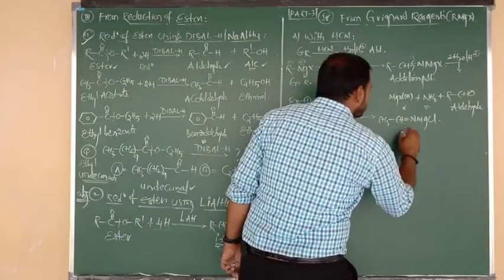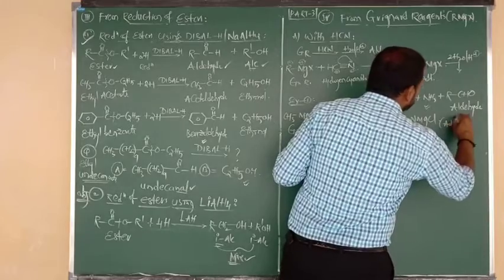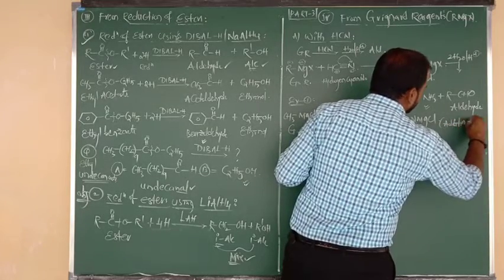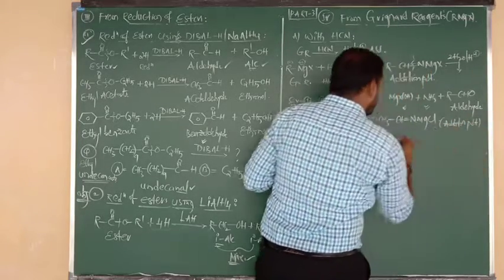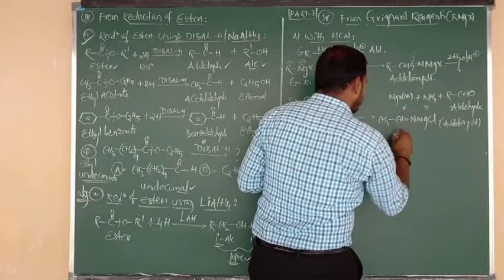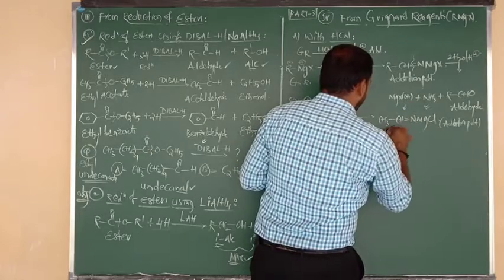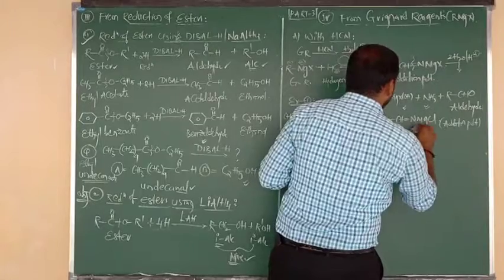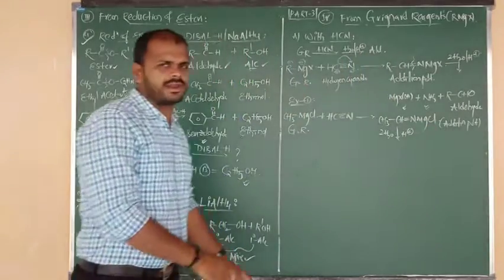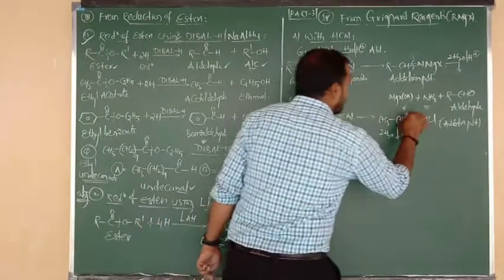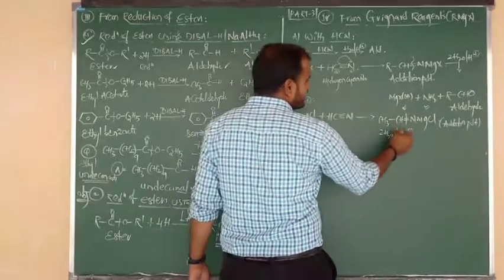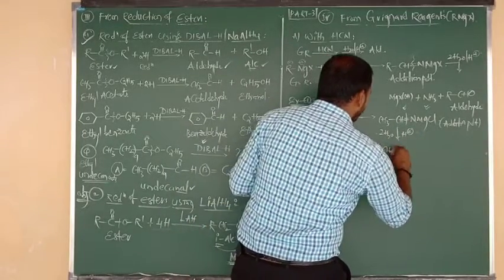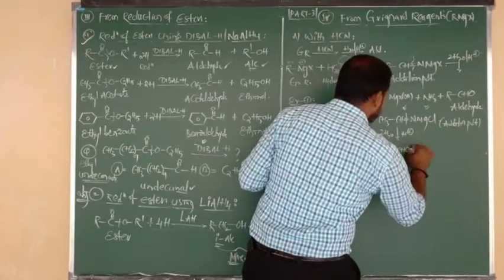So this is nothing but the addition product, followed by hydrolysis. By taking 1 mole or by taking 2 moles, by using any one we can do the reaction, no problem. So definitely after cleavage of the double bond, oxygen attack takes place. So we are getting the product, nothing but CH3CHO.